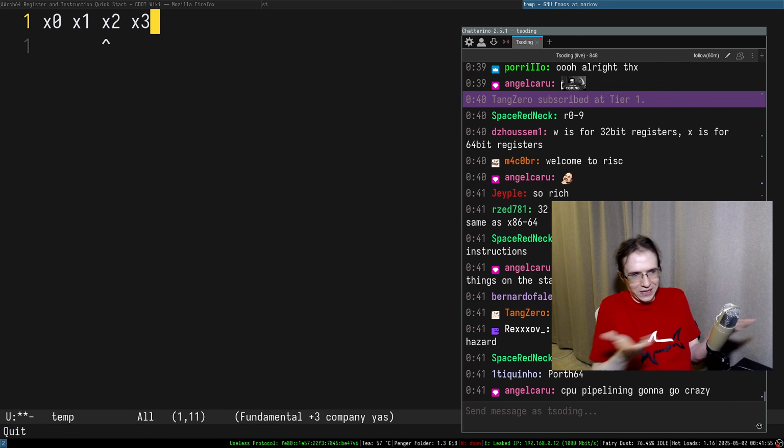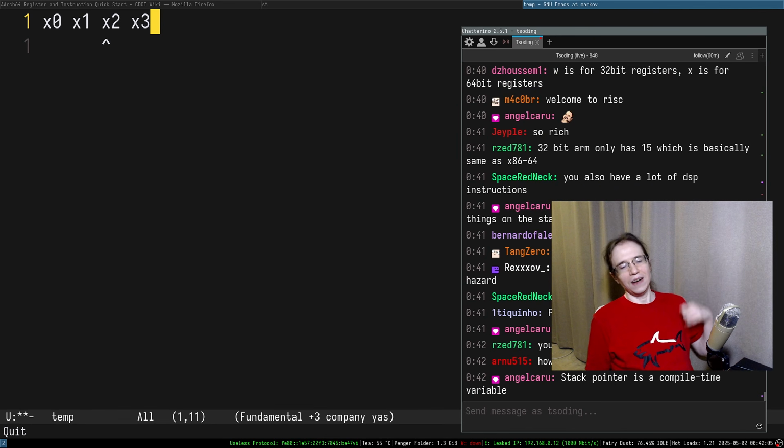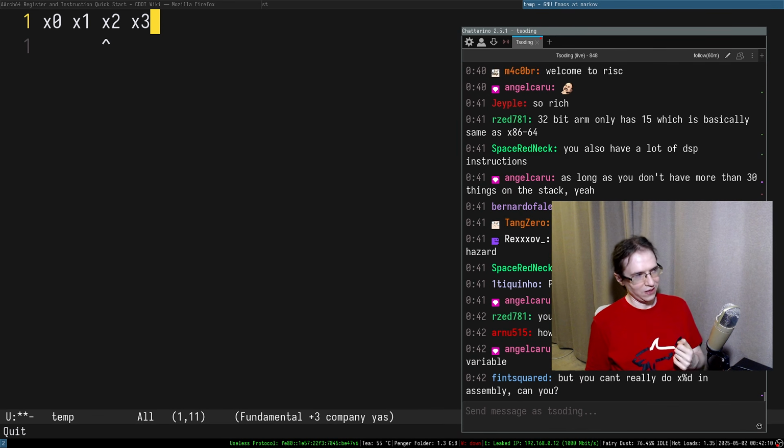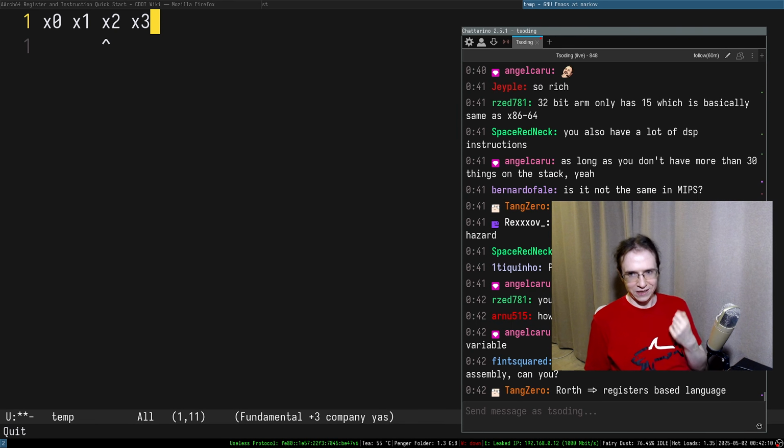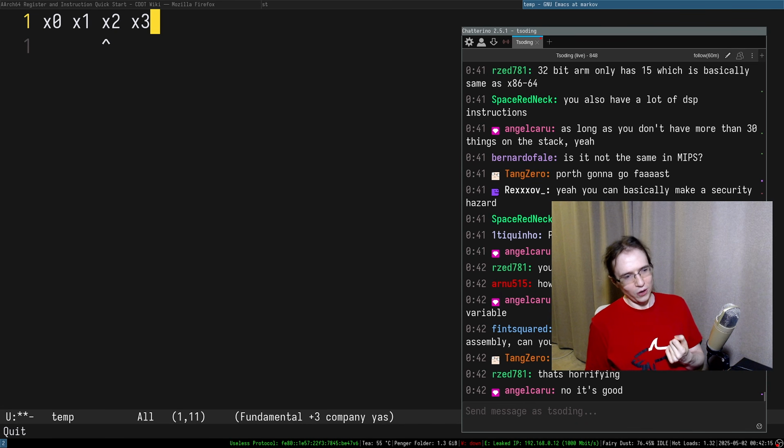It's automatically all in the registers. CPU pipelining is going to go crazy. Is it? It's too bad for CPU pipelining. You can't index the register. I can at compile time. That's the thing. I can index them if I know the size of the stack at compile time, because I know how many of them are stored at compile time.